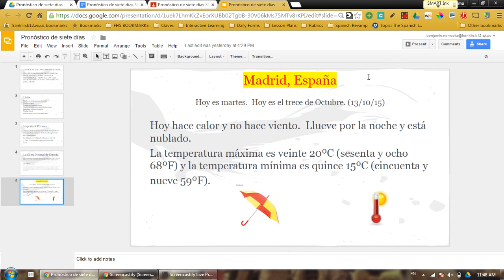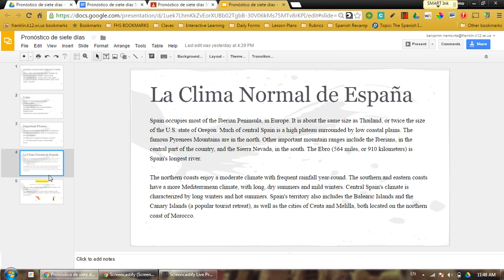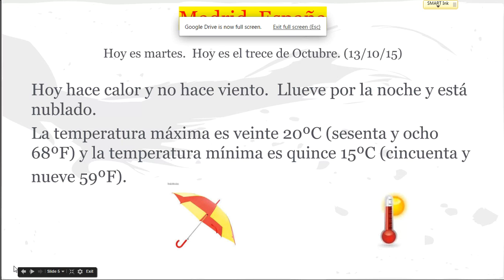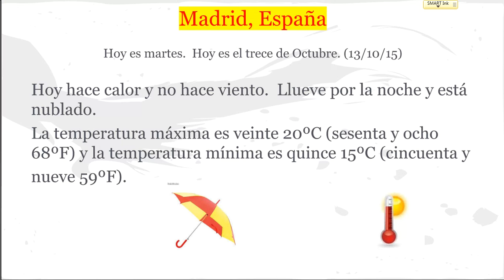So you would go to your slides. I know you all read beautifully in English, so please don't read me the English slide. I don't need that. Start with your Spanish slides, present it, and you guys are going to have to read me 4 slides. I know you're going to do 7, you're going to type 7 out, but just read me 4. That's enough for me to judge your pronunciation, and I have a lot of students, so 7 slides would be like 300 extra slides to grade.